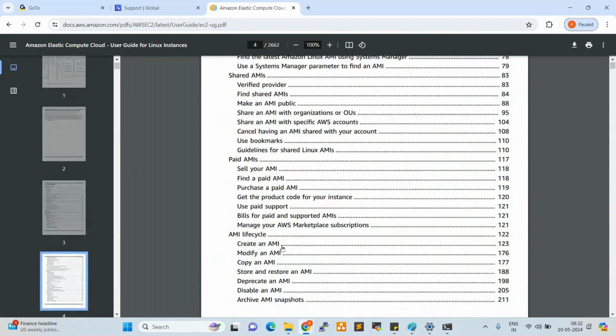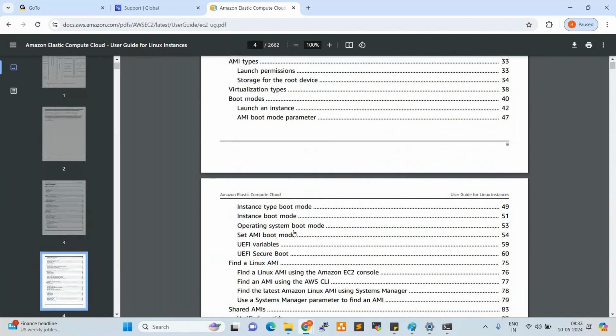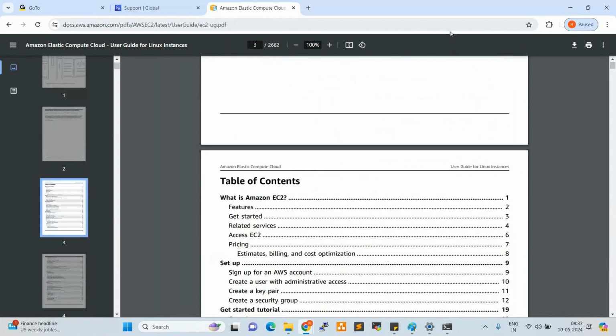This document helps you manage your services. If you want to download this document, click on this icon and you can download it. Normally in real-time projects, we always use SOPs, standard operating procedures. If you want to check the official documentation, you can check this. Okay, next one,